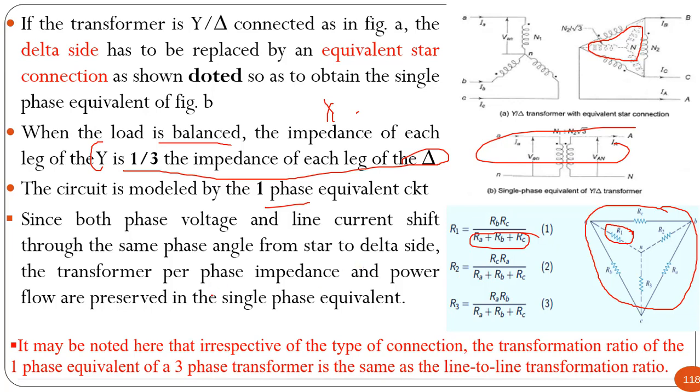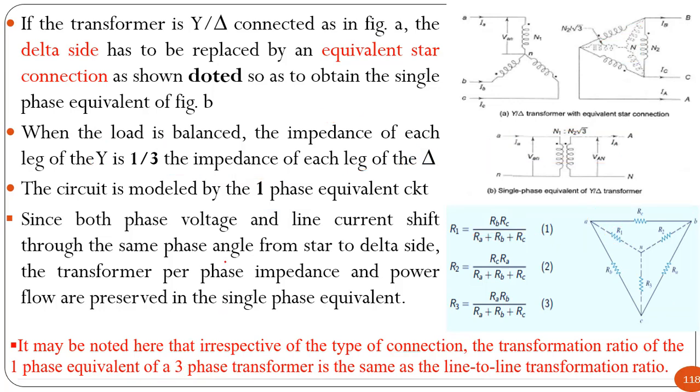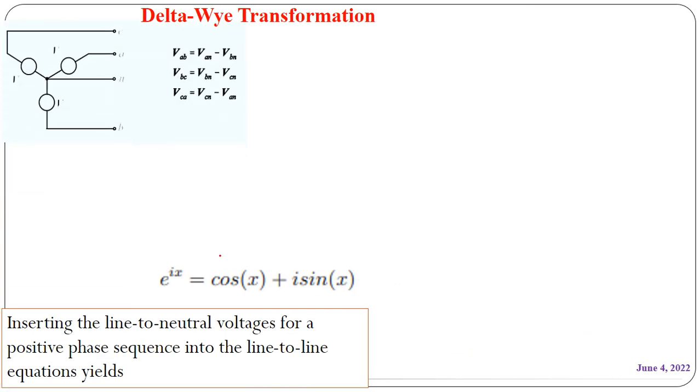So it may be noted here that irrespective of the type of connection, the transformation ratio of the single phase equivalent of a three-phase transformer is the same as the line-to-line transformation ratio. So to convert line-to-line voltage into phase voltage, or phase voltage into line-to-line voltage, we follow these procedures. Therefore, the line-to-line voltage VAB is equal to